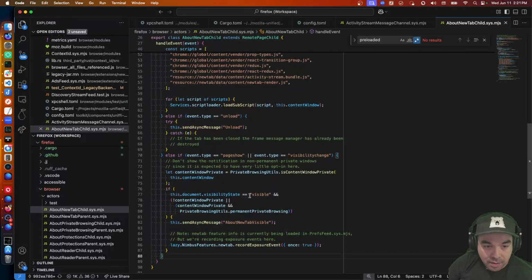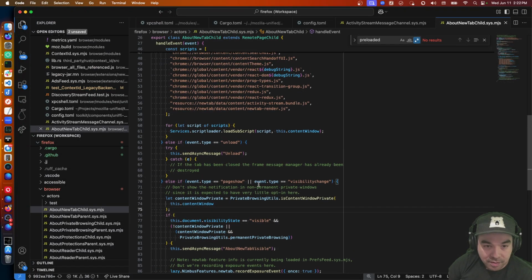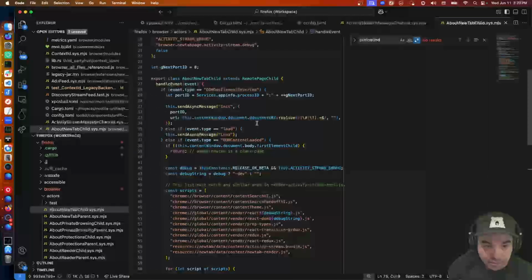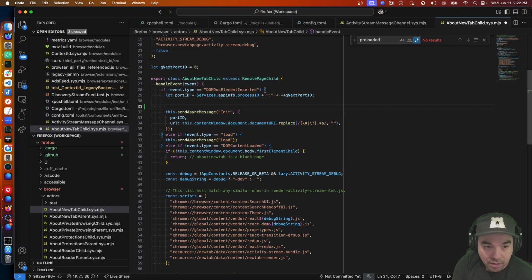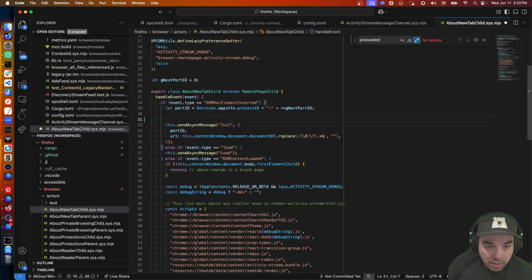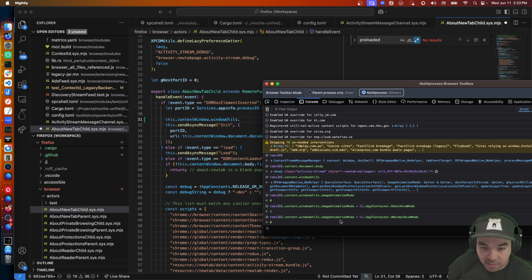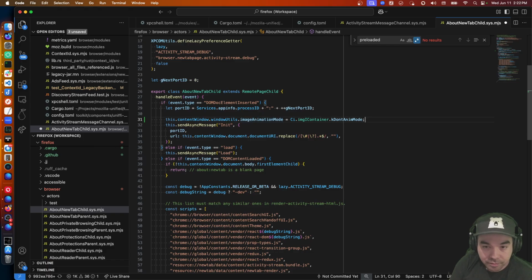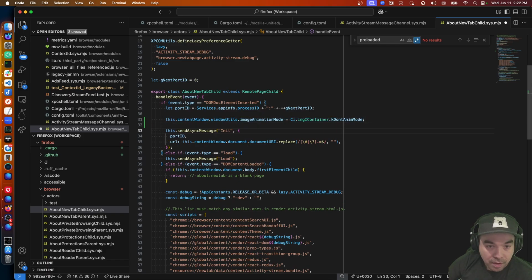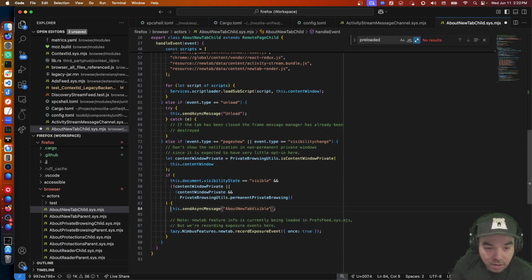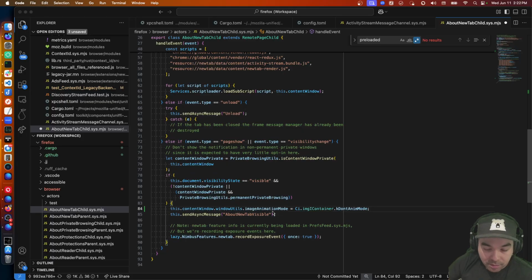So here's a really dumb test. I'll go this dot content window dot window utils dot image animation mode equals don't animate. And then down here I'll make it animate. Okay, normal animation mode. This is very silly.